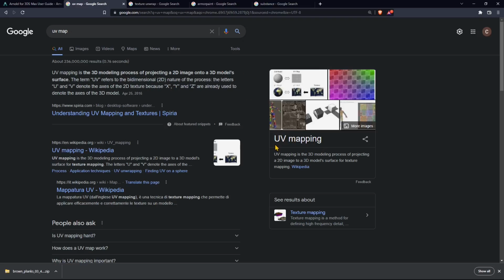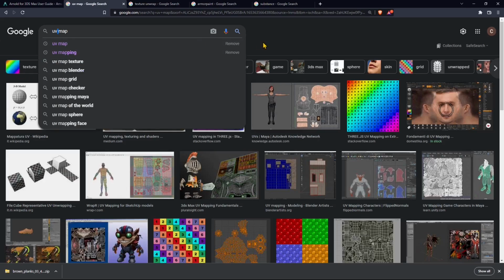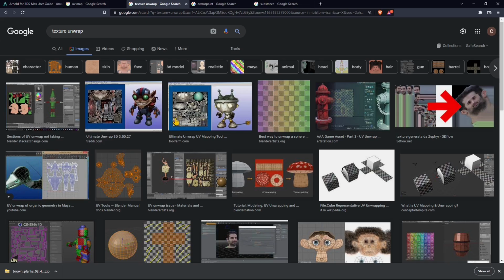So when we talk about mapping, usually we talk about UV mapping, which means X epsilon. So usually the map is in 2D while the character or the subject is in 3D. So that's the difficulty, to place a 2D map onto a 3D object. So the map is going to be flat, and all those are parts of the 3D object. So everything is going to look flattened out, but at the end it should result like a